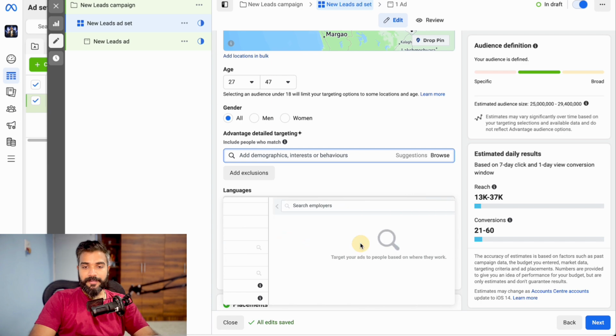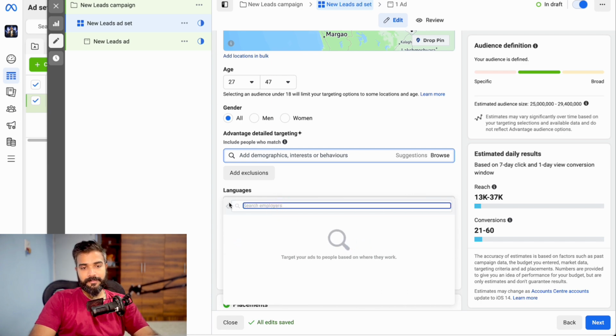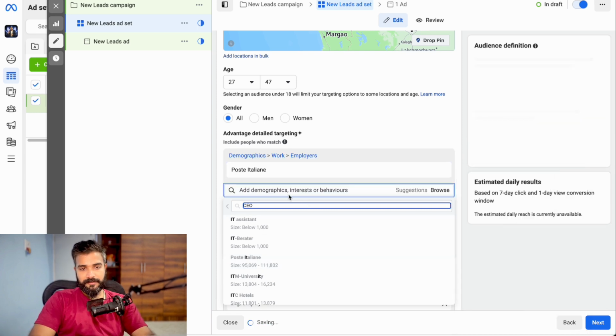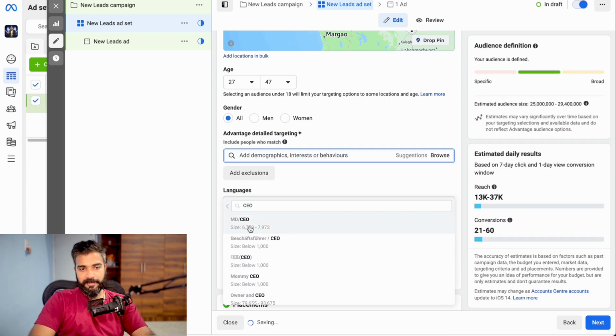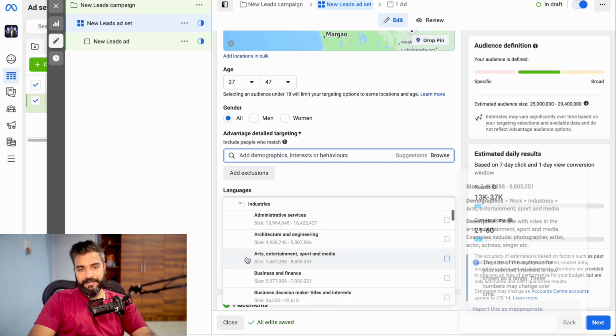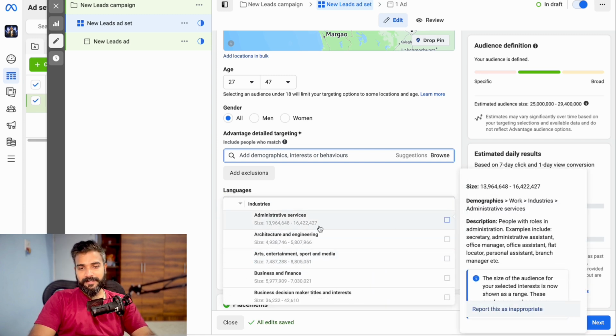Now inside employers, you can have a lot of things, like for example, IT might be a good thing. Let's put CEO or something. That's going to be a job title. MD or CEO, these things will start coming up. We also don't need them as much as the industry. Now inside industry, whenever I'm hovering, you'll see this set of description that comes in, right?